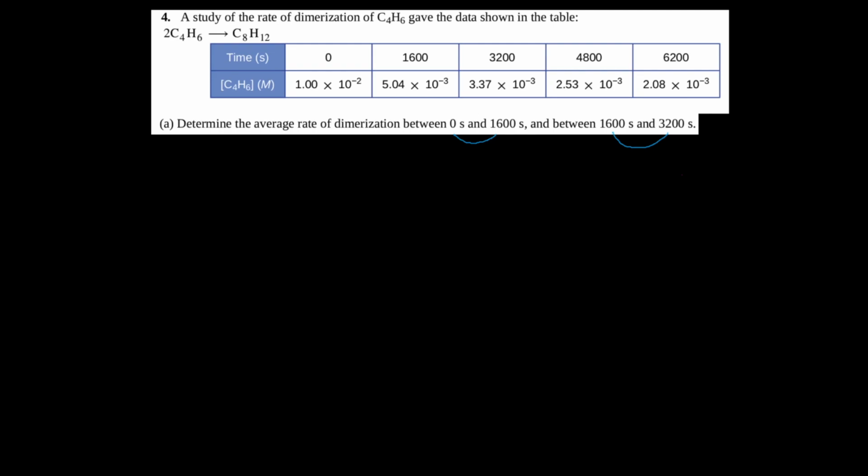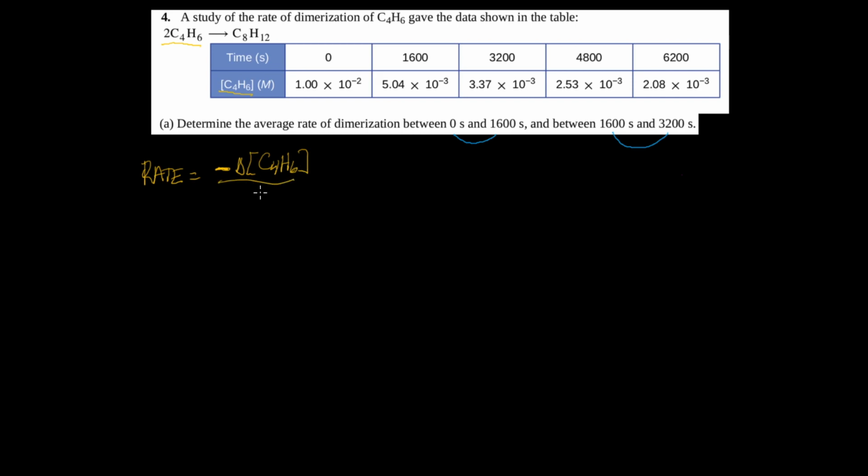This is number 4 from the kinetics chapter in OpenStax chemistry. We've got a chemical reaction here, and we've got time information and we've got concentration information for that exact same chemical. When doing these types of problems, it's important to be able to write the rate in terms of this concentration. Now, because it's a reactant, we use a negative sign, and this is going to be the change in concentration of C4H6